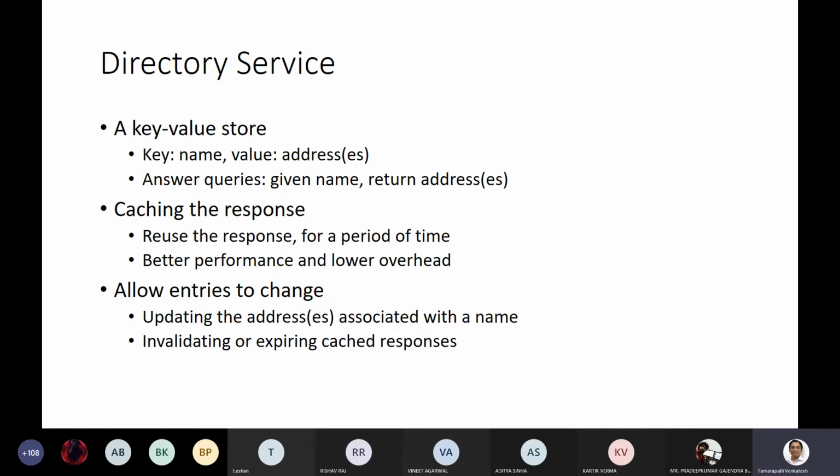You can also change the name without having to worry about how to communicate this to others. You can use aliases to basically change a name to another name temporarily and then get rid of the alias at a later point of time. And of course, caches bring in problems of invalidating or having stale entries, and then you might have to remove